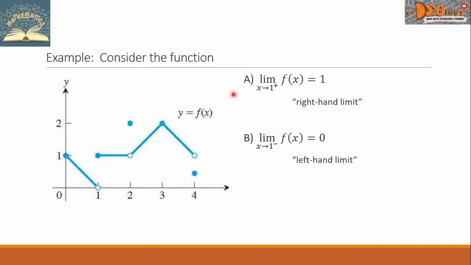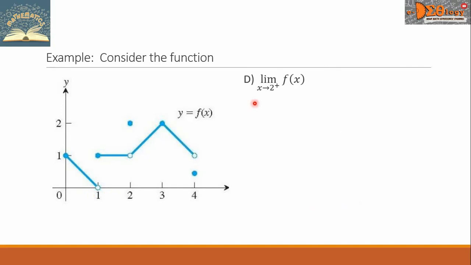Let's go back to our example a while ago. The right-hand limit is equal to 1, while the left-hand limit is equal to 0. So when we write the limit of f of x as x approaches 1, this is now a two-sided limit. As per our theorem, we can compare the values of the right-hand limit and the left-hand limit. We can see here that they are not equal. So the answer here is does not exist.